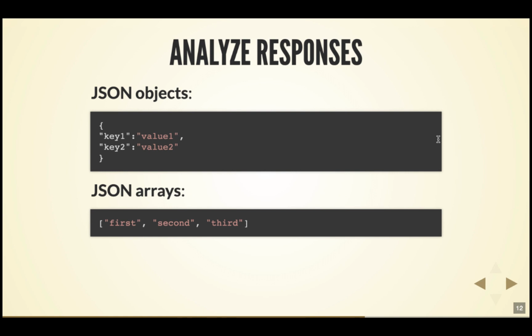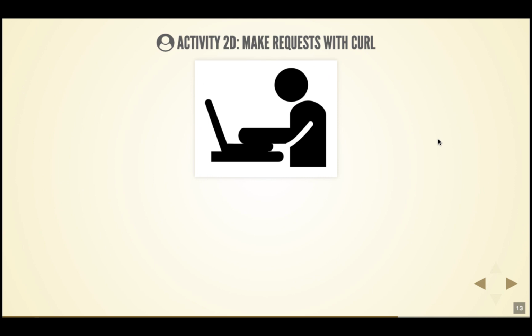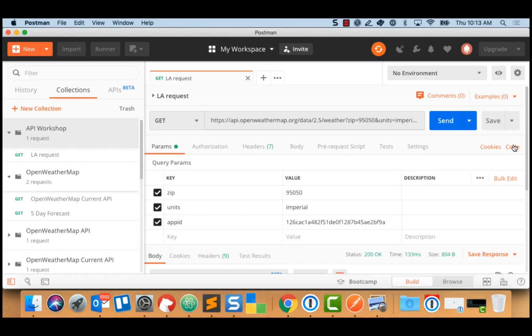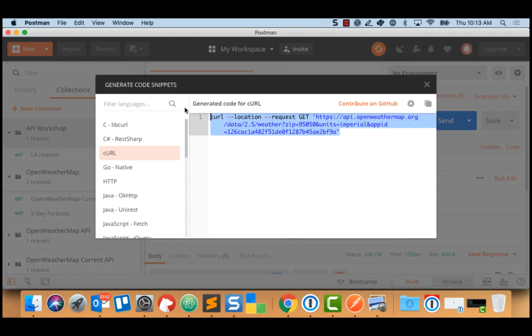It consists of these two data types. All right, so let's make a request with curl. This is activity 2D, and you're going to start in Postman, click the code, copy the curl code sample, go to